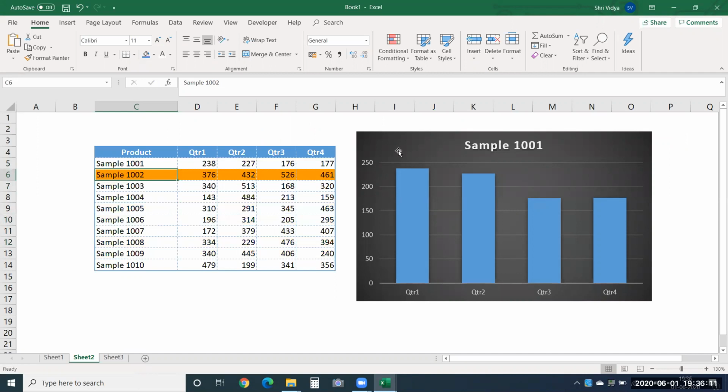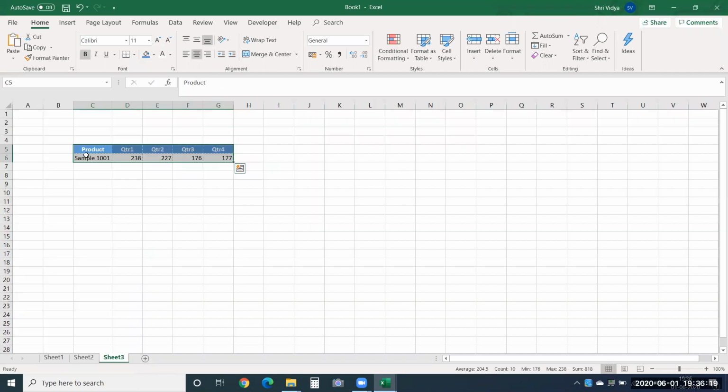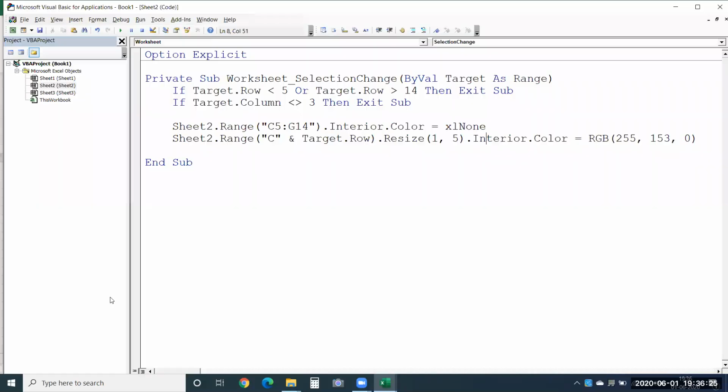Now this doesn't make the chart change. See, for chart to change, I also have to copy this and paste it over here because this is where my chart data is present. So I have to paste it in C6 of sheet 3 and just include that over here. The same line on which we are applying the color, and just use that.